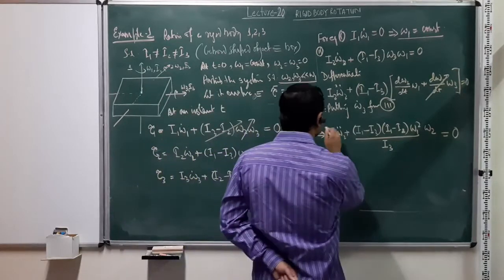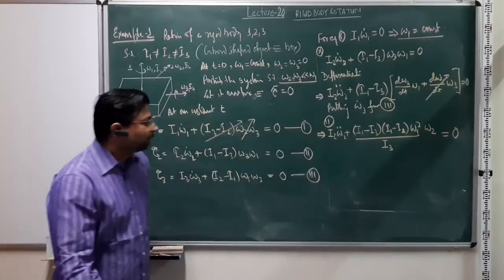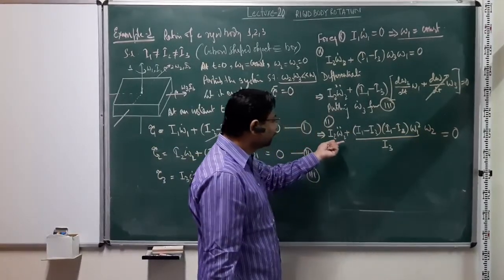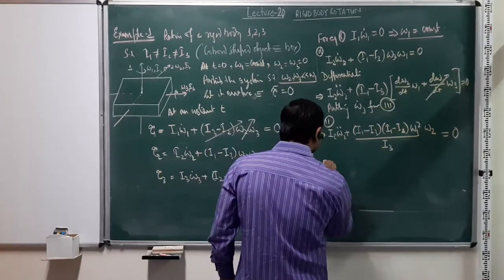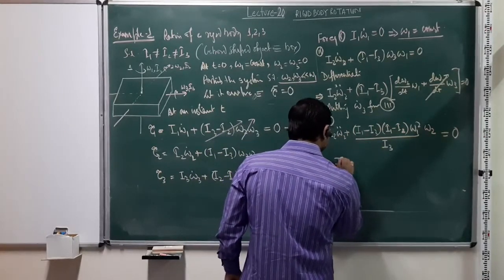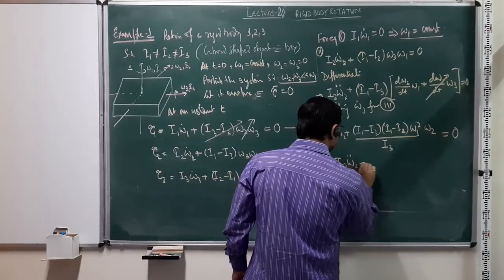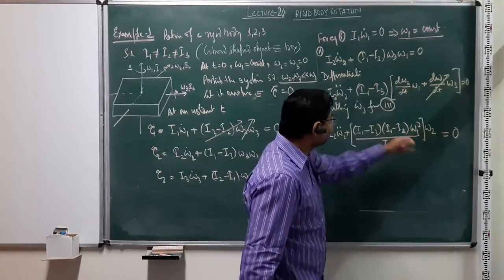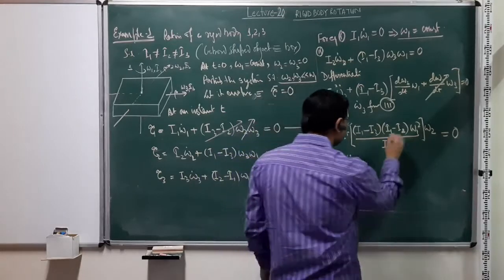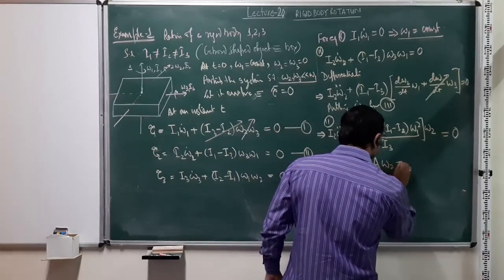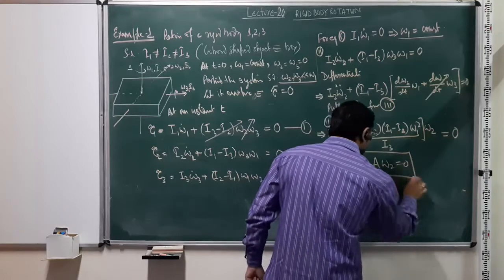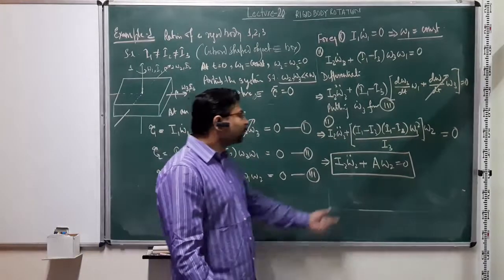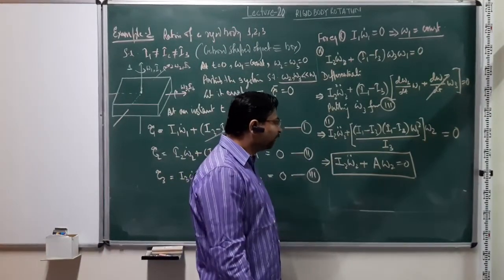Right? So this is my equation of motion along the second principal axis. Right? And now we can see that omega 2 has an evolution with time, right? Because this is the equation, and I can write it down in a slightly more compact form. So I2 omega 2 double dot plus, let's take this entire thing as a constant, because omega 1 is constant and all the principal moments of inertia are constant. So A omega 2 is equal to 0. And what is this? Well, this is a second order differential equation, and it represents different physical conditions depending on the value of A. Right?